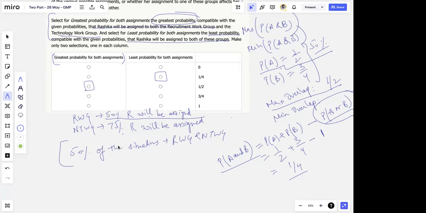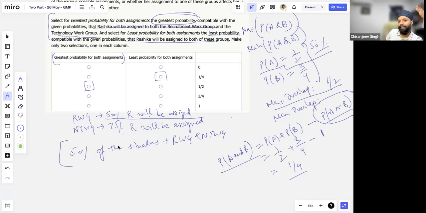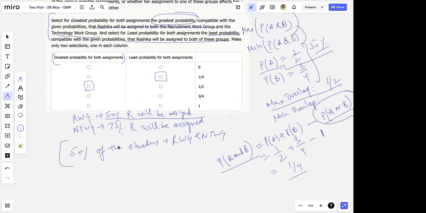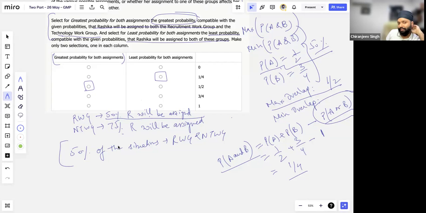Yes, sir. कैसे पॉसिबल है? अगर 50% सिचुएशंस में एनटीडब्ल्यूजी ना हुआ तो एनटीडब्ल्यूजी तो सिर्फ 50% में ही हो पाएगा। हाँ, पर वो तो दिया हुआ है 75% में शी इज बीइंग असाइन्ड टू एनटीडब्ल्यूजी,